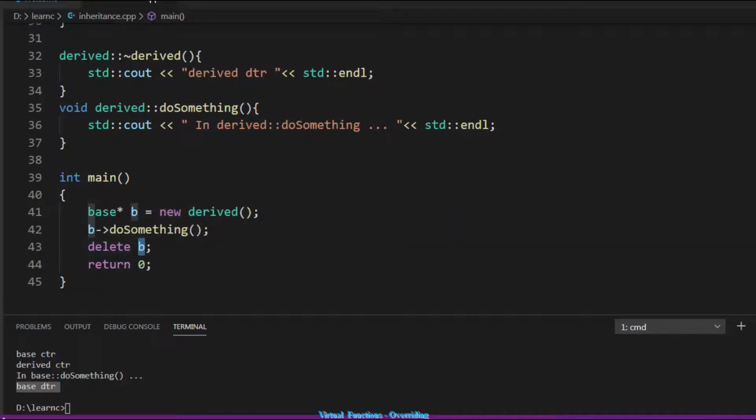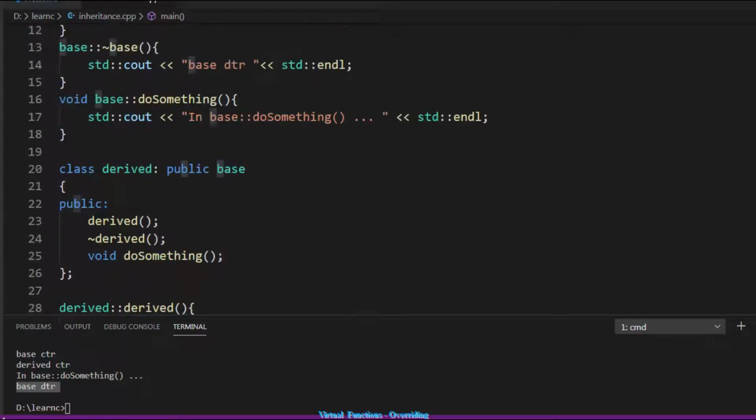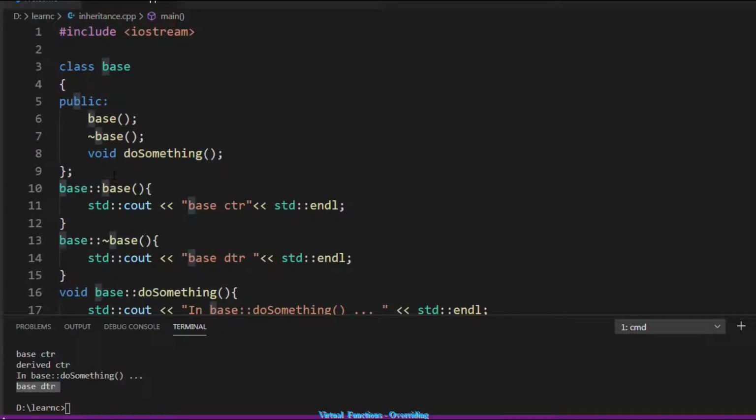Now I want do something to be overridden, and I want do something of the derived class to be called, because the object is of the derived class. So we want to skip this static binding and we want dynamic dispatch. Whatever the base pointer is, it should always be a dynamic dispatch, meaning whichever object it is, that object's method should be called. Now, if you declare it virtual here,